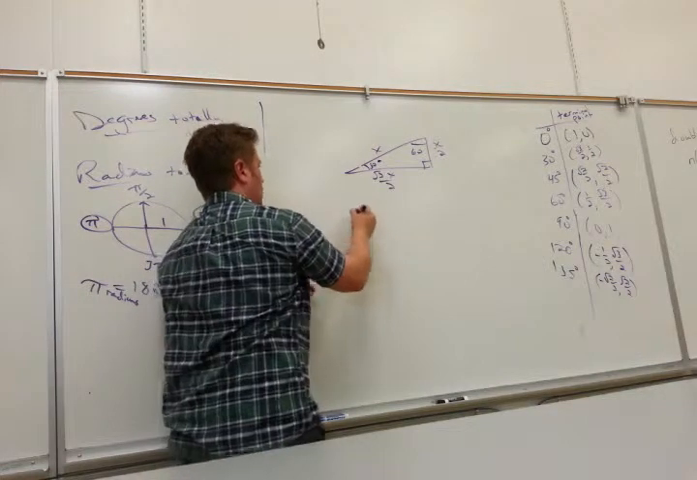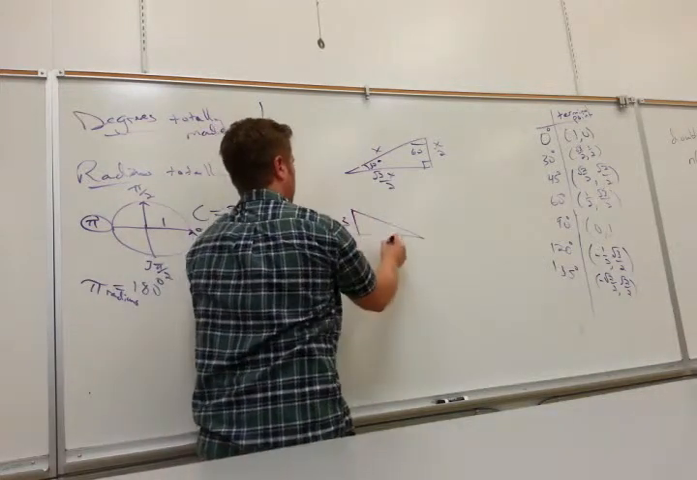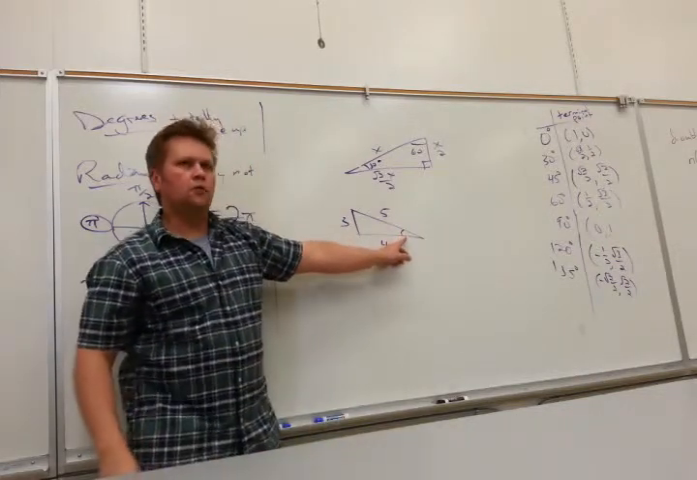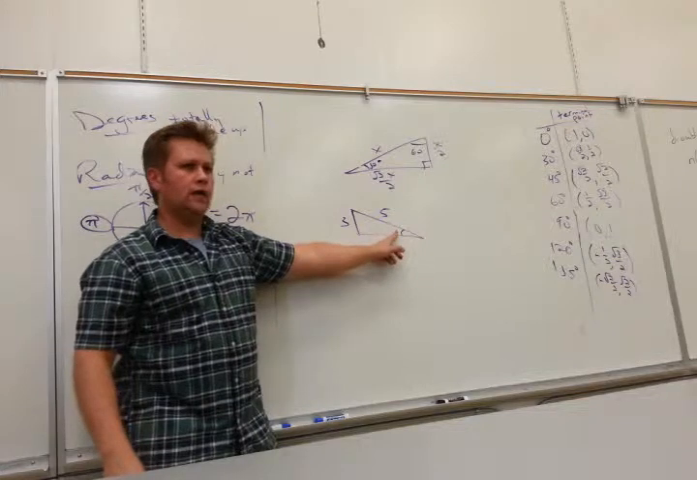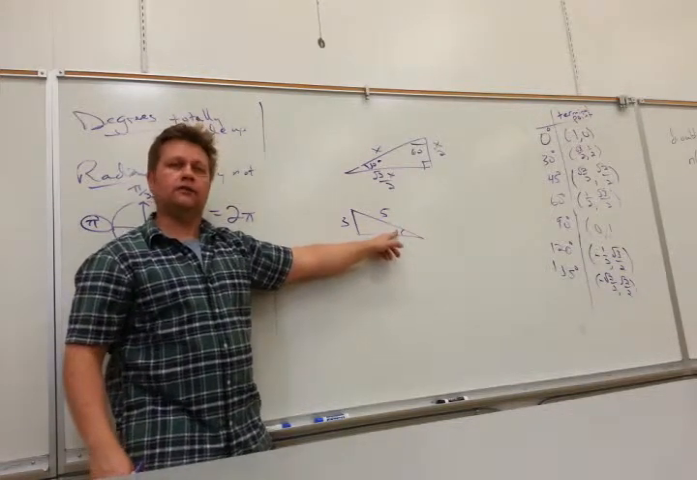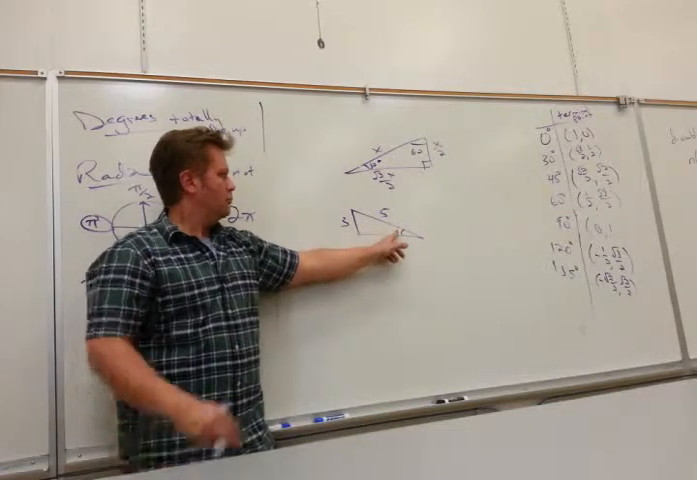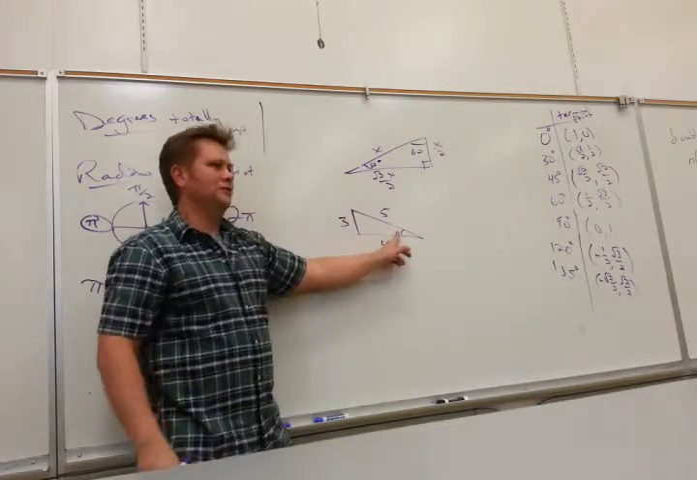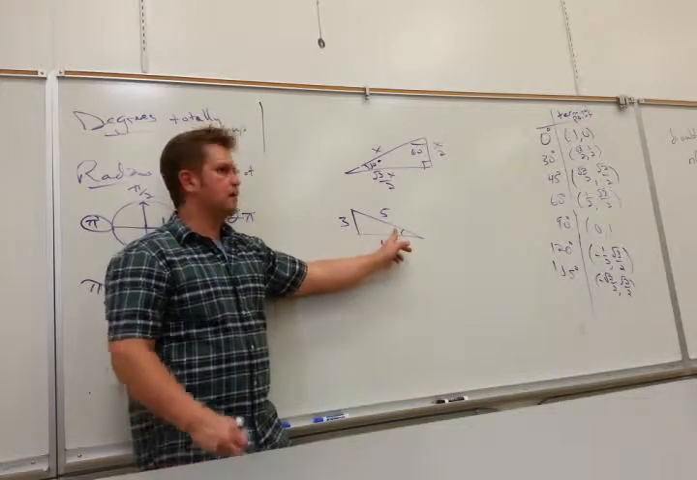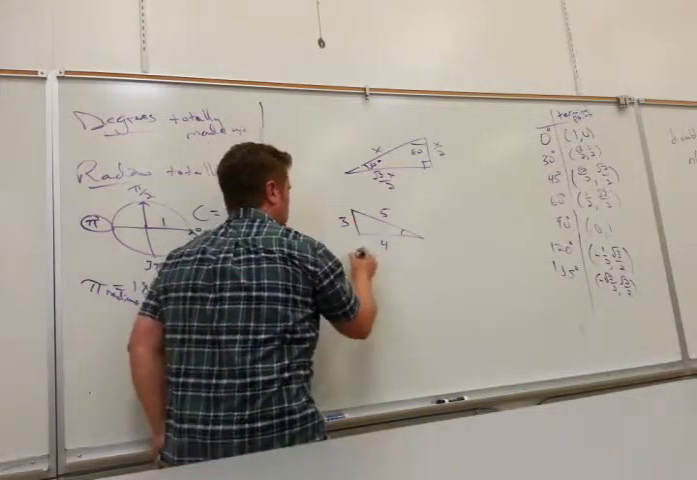So if I had a 3, 4, 5 triangle, we don't know how to do this yet, but later in this semester, we'll figure out how to figure out that angle. We'll see how to figure out that angle. But the point I want to make is, if I double the size of this triangle,